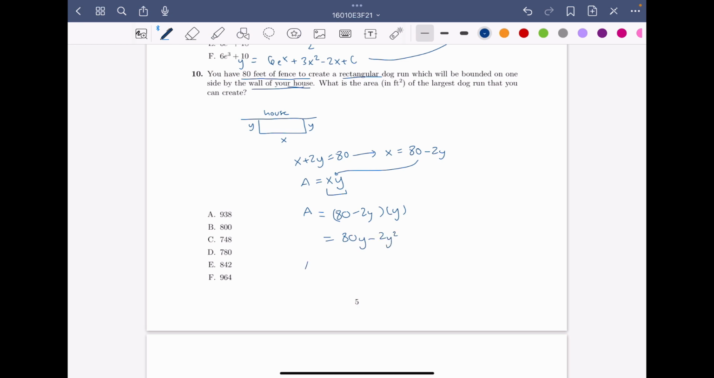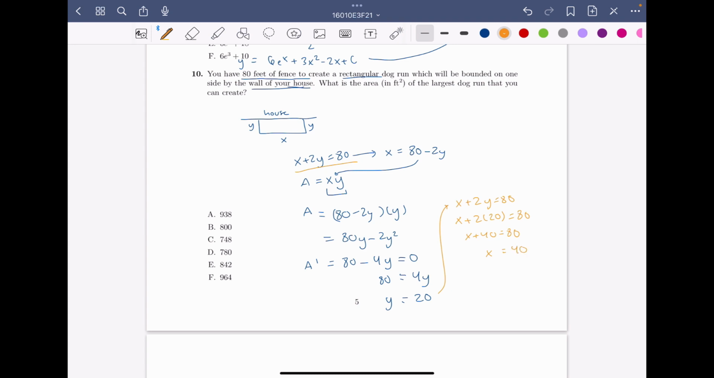So now let's find the derivative. A prime equals the derivative with respect to y. The derivative of 80y is just 80, minus the derivative of 2y squared, which is 4y. Set this equal to 0, and we get that 80 equals 4y, and y equals 20. So if we use this original equation right here, we can plug this back in. We would get x plus 2y equals 80. So x plus 2 times 20 equals 80. x plus 40 equals 80. That means that x equals